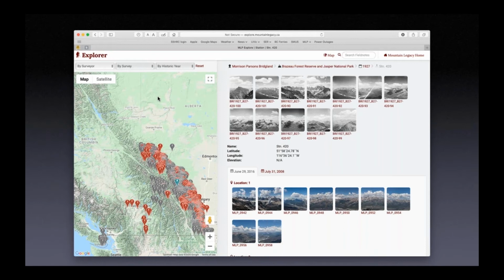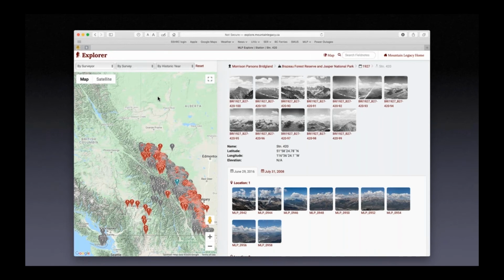To give some sense of numbers, right now we have about 8,000 image pairs distributed mostly along the spine of the Rockies from the US border north past Wilmore. So it's heavily focused on Alberta at the moment,